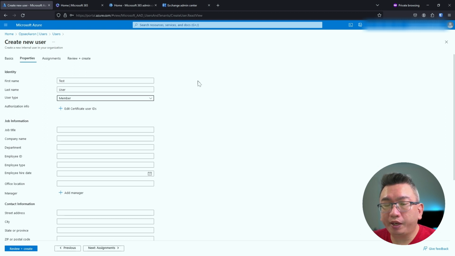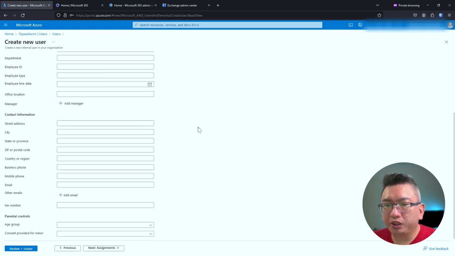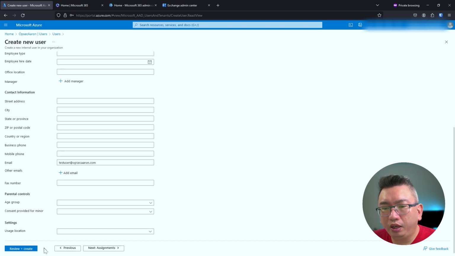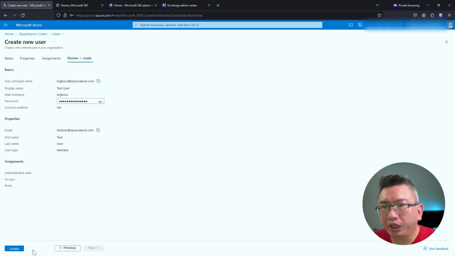So I'll fill out the first name followed by the last name, fill out any other details that's required for your organization, and down here we want to go down to email, and this is where the primary email address is. So we'll put in the testuser at opsecparent.com, and then we can click on review and create, and then just click on create,